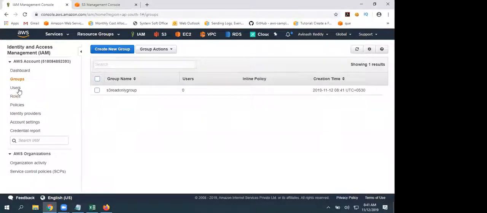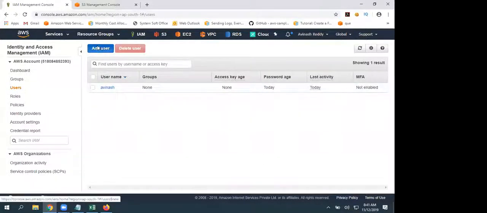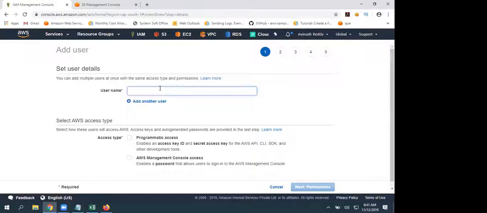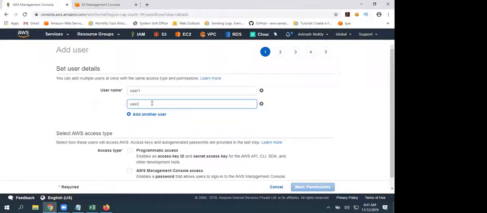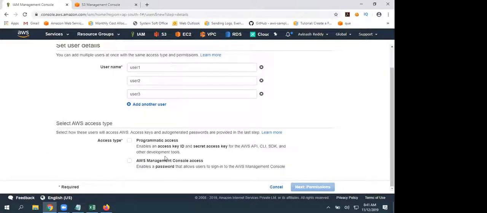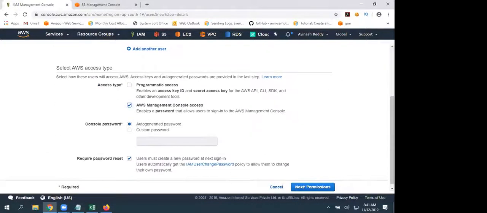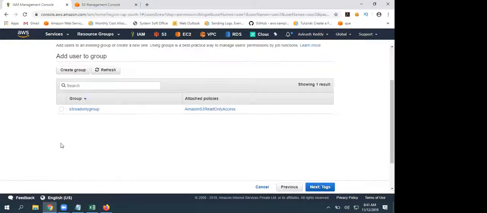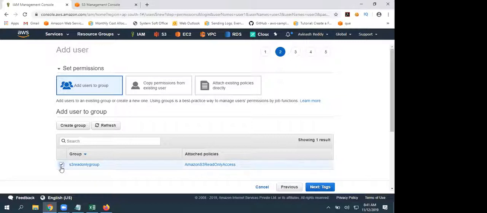Okay. Now let's go to users, add user, username. I'm going to give user1, user2, and user3. Again, what kind of access is required? AWS Management Console access, auto-generated password, user must create a new password, then click on permissions. Now I have a group, I can add these users to the group.